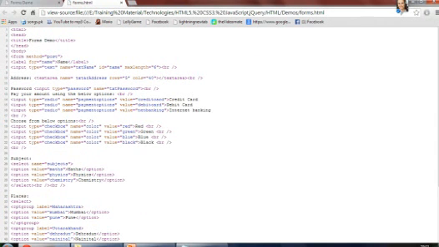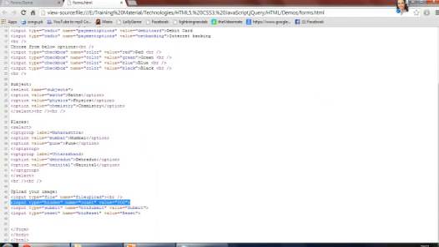So far you have seen the form tag, the label, the input boxes, the text areas, the passwords, the radio buttons, the check boxes, the select or drop downs, and after that the option groups, how you can make groups in your drop down.